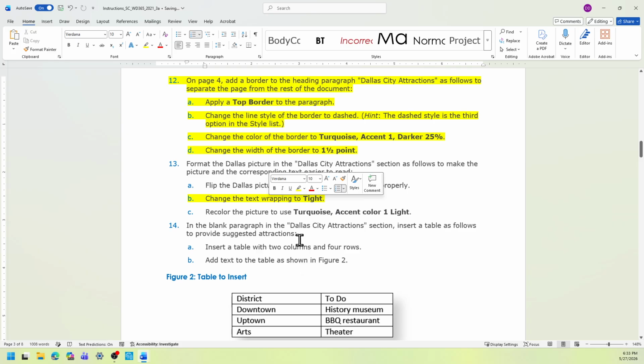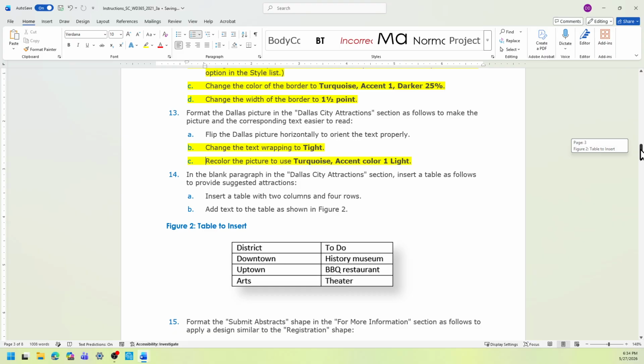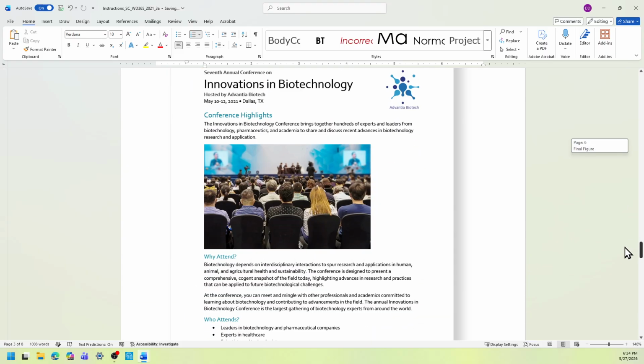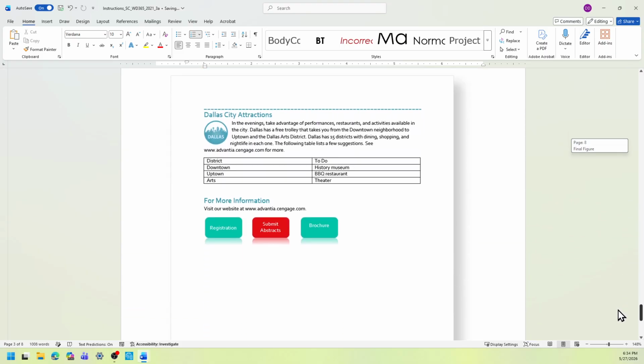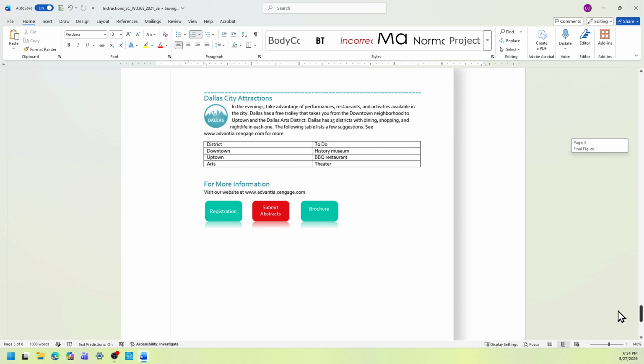And 13C is recolor the picture to use turquoise accent color 1 light. So we'll see what it looks like. I think it's this here. Isn't it the Dallas City Attraction?